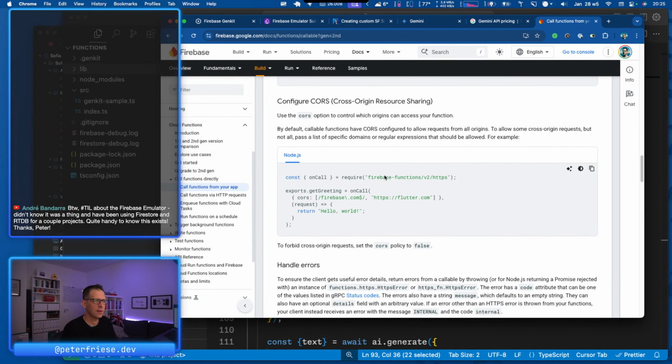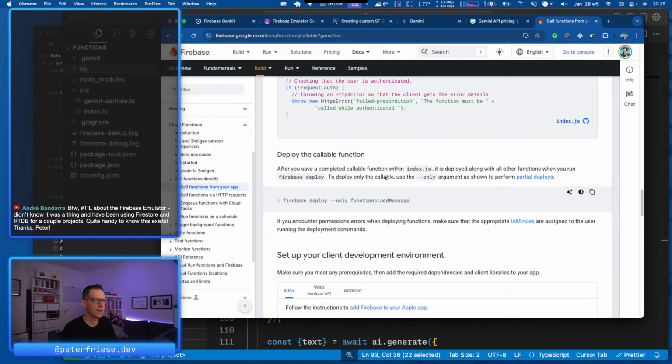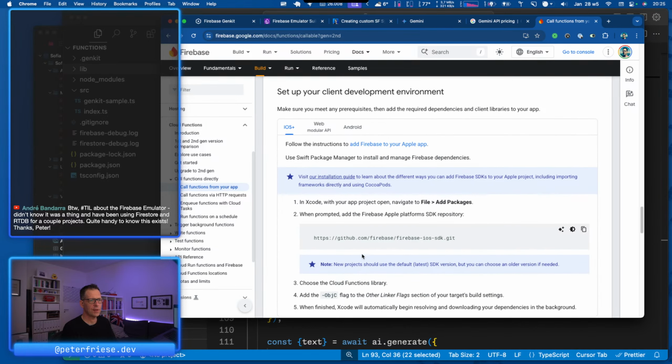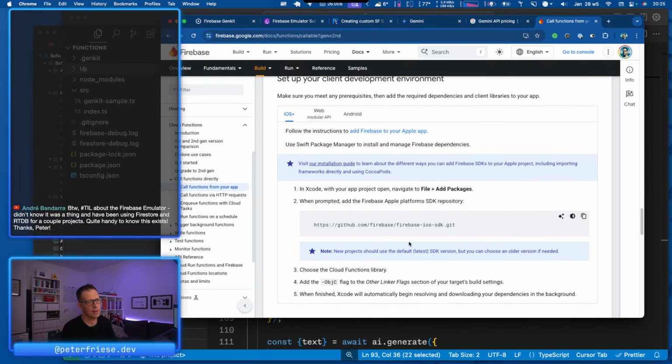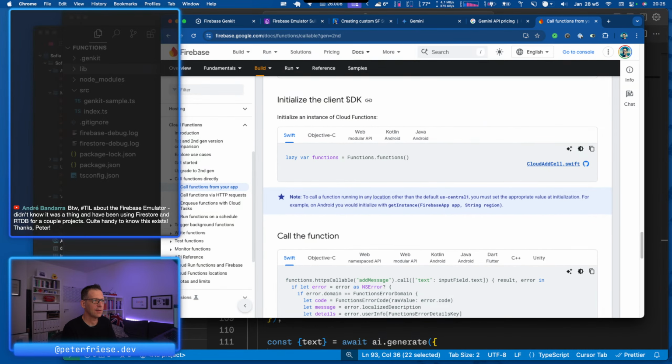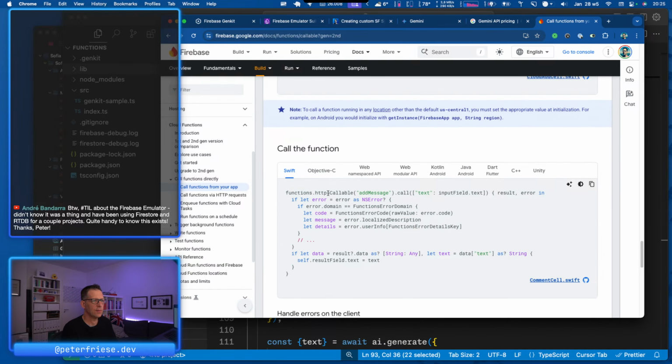And now let's see how we can call it. So here we go, iOS. The first thing that we need to do is import the Firebase SDK. We've already done this. We need to initialize the client SDK using functions.functions. And then we can make a call. So functions.https callable, and then you provide the name of the function, you call it, and then you pass in